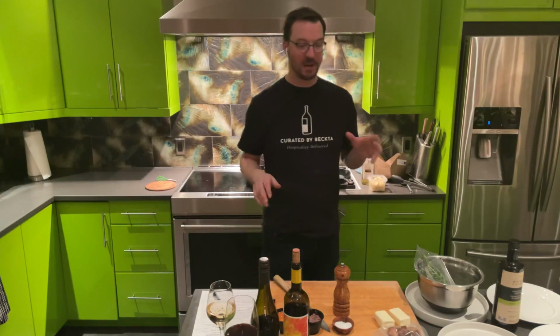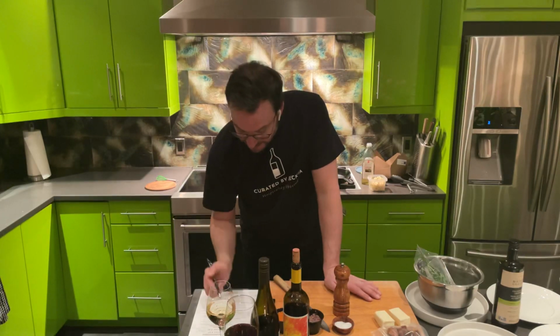Okay, so grilled or pan-seared halloumi. Now, halloumi, if you haven't had it before, is a Cypriot cheese from Cyprus, and it's very squeaky. It's almost like poutine cheese, except a lot more flavorful. And you can pan fry it and it doesn't melt apart, which is really great. So going to Chef Rich's instructions,